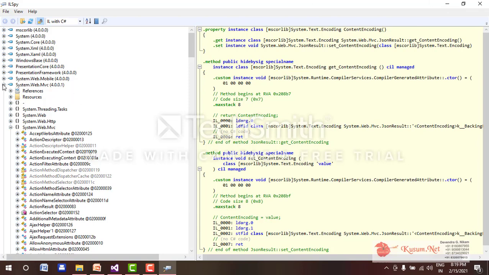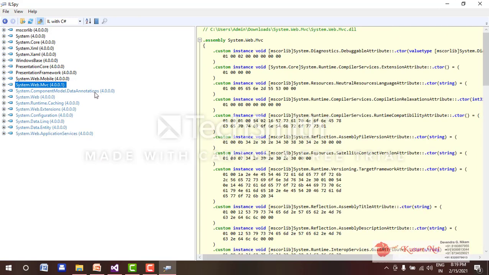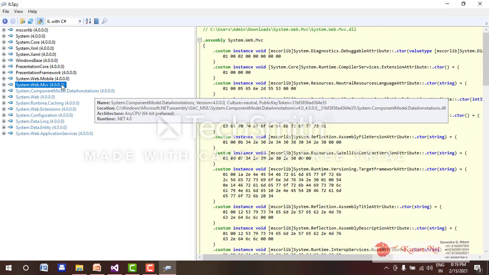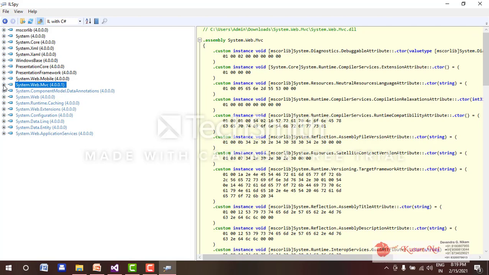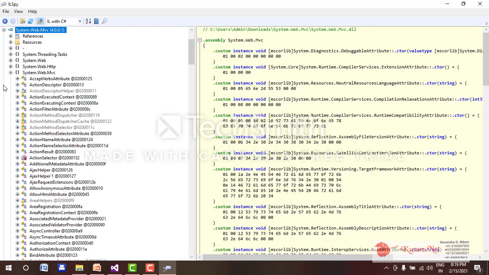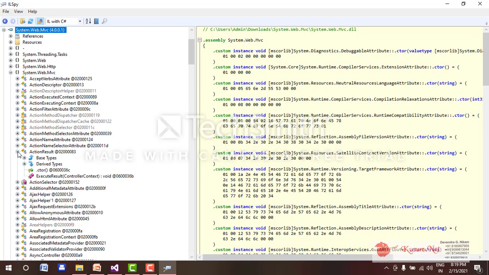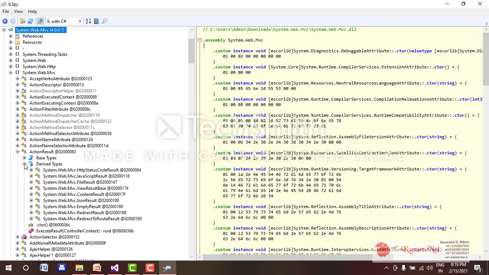Action result is inside System.Web.Mvc. So this System.Web.Mvc assembly contains action result, and its derived types are these.